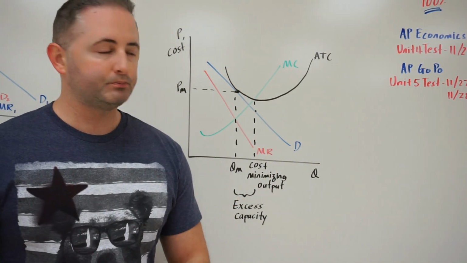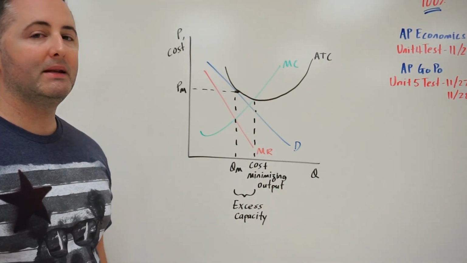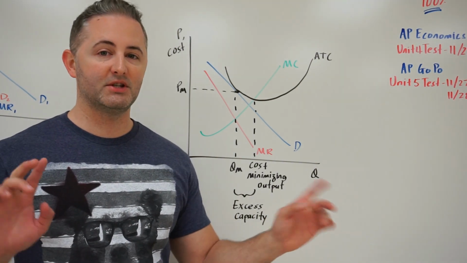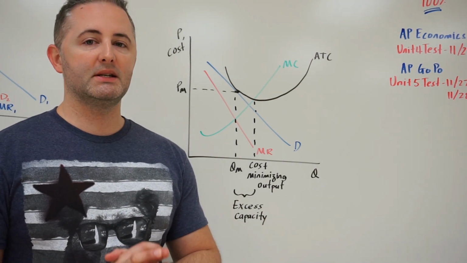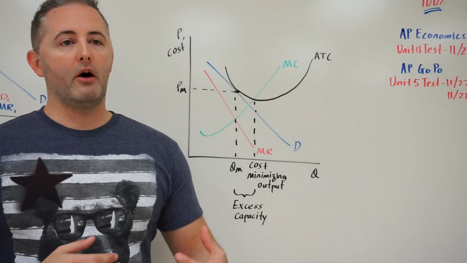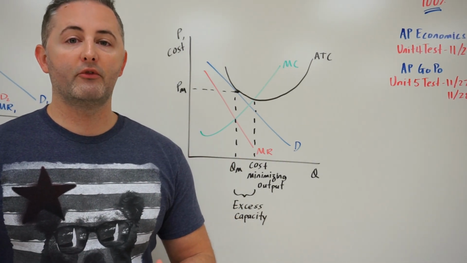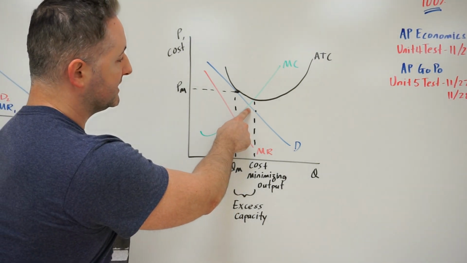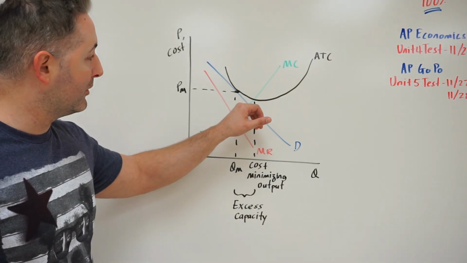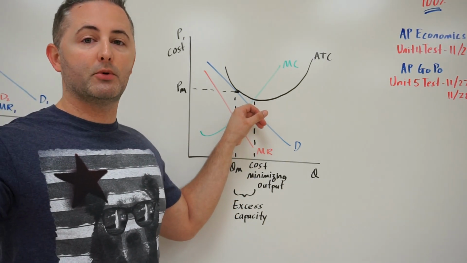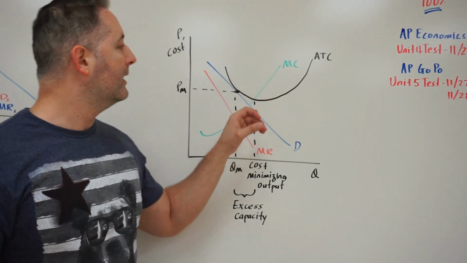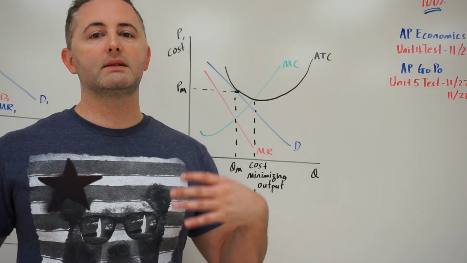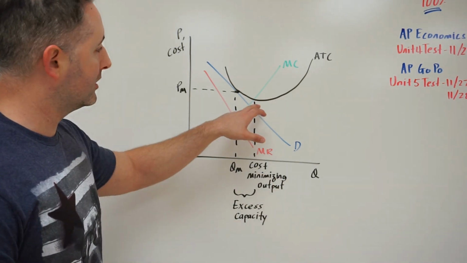Well, why does that matter? Well, this point at minimum ATC, that is known as productive efficiency. All right, it's not allocative efficiency. Those are two different things. Allocative efficiency is where the marginal benefit of consuming one more unit of a good is greater than or equal to the marginal cost of producing that. That's this point here, where MC intersects MR. That's the point of allocative efficiency. Allocative efficiency means producing what the economy wants, okay? In this case, productive efficiency means producing things at the lowest average cost, and that's going to occur at the minimum